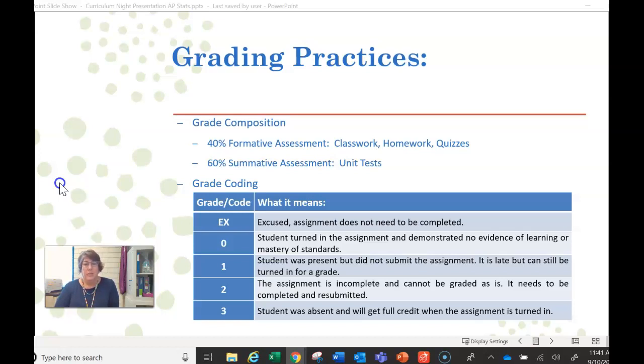I could excuse an assignment, and if I do that, I'll put in an EX for excuse. If a 0 goes in, it means the student turned in the assignment but earned 0 credit. They didn't know any of the answers. That's what a 0 means. A 1 is the student was present but didn't turn something in. That's when you're more likely to see it, and it'll be late, but they can still turn it in. A 2 is the assignment is incomplete and cannot be graded as is. And usually what that is,